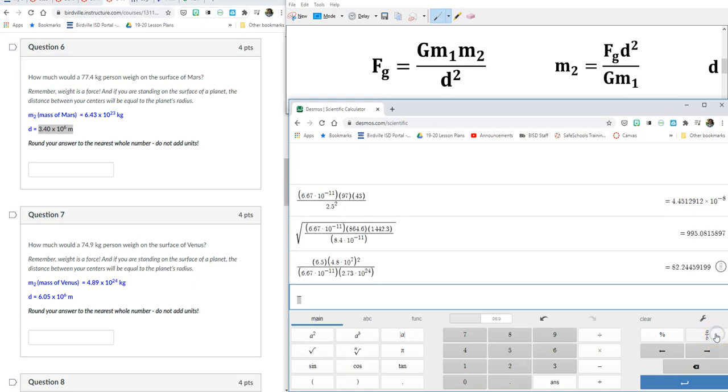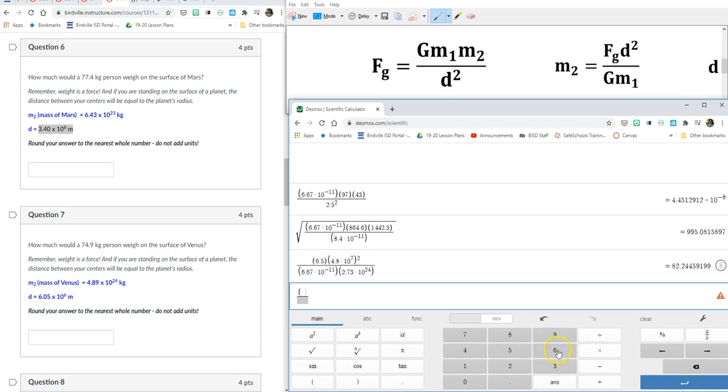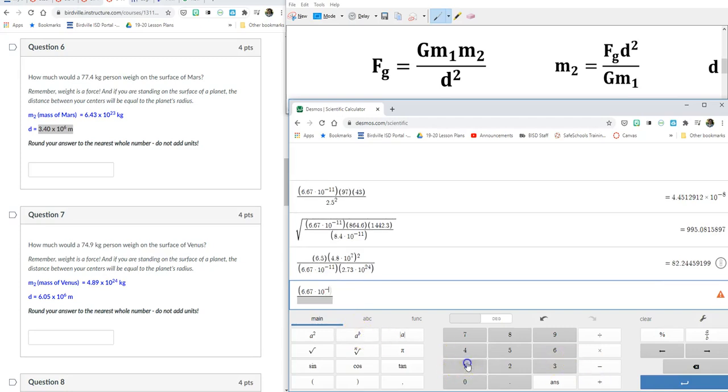A over B gives me a fraction. Open my parentheses, 6.67 times 10, and then A to the B power, negative 11. Click, close parentheses, open again, my mass 1, 77.4 kilograms, close parentheses, open them again. Mass 2 is going to be the mass of the planet. I'm going to type this one, 6.43 times 10, a to the b, to put in your exponent, to the 23. Click